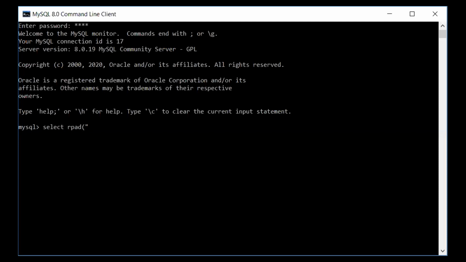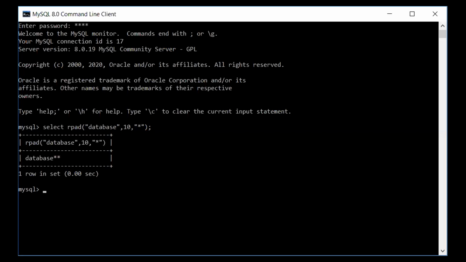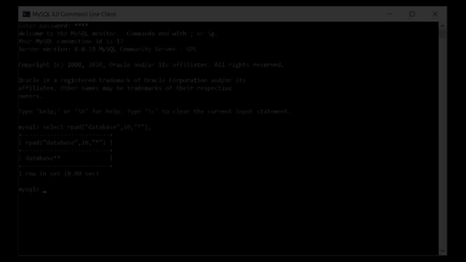My string is database. In this database 8 characters are there, and I want 10 characters. So I want to fill that with asterisk symbol. So asterisk symbol is appended to the string at the right hand side.